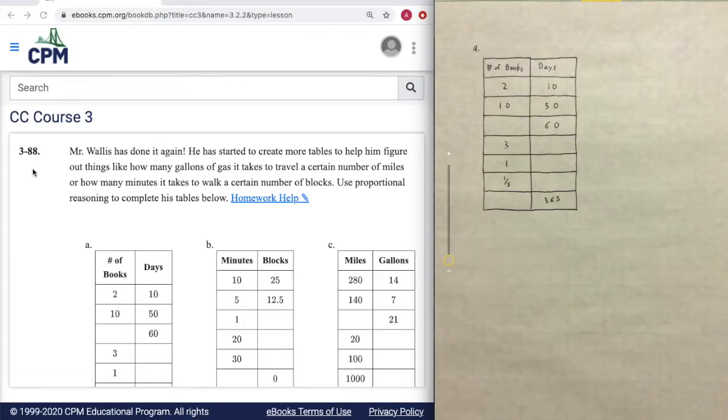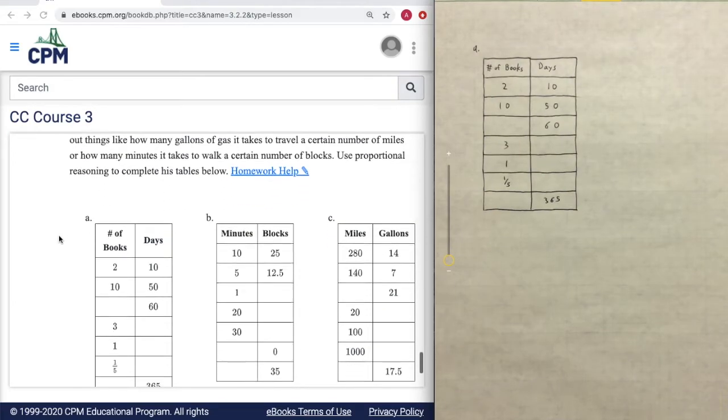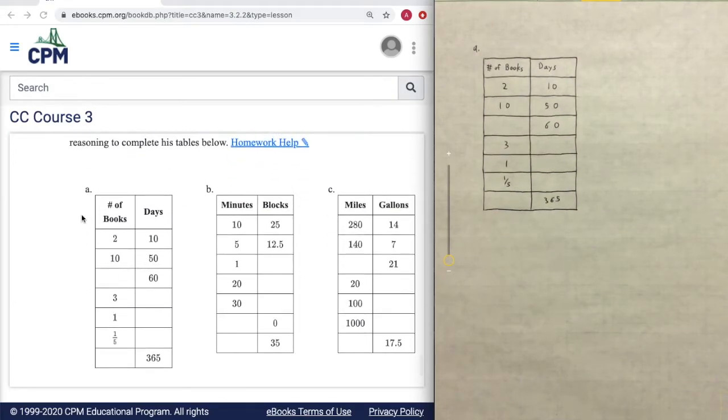Problem 3-88. Mr. Wallace has done it again. He's created some tables to help him figure out some things, like if he reads so many books, how many days does it take? For this, we are meant to use some proportional reasoning to fill out these three tables. So we'll be starting with